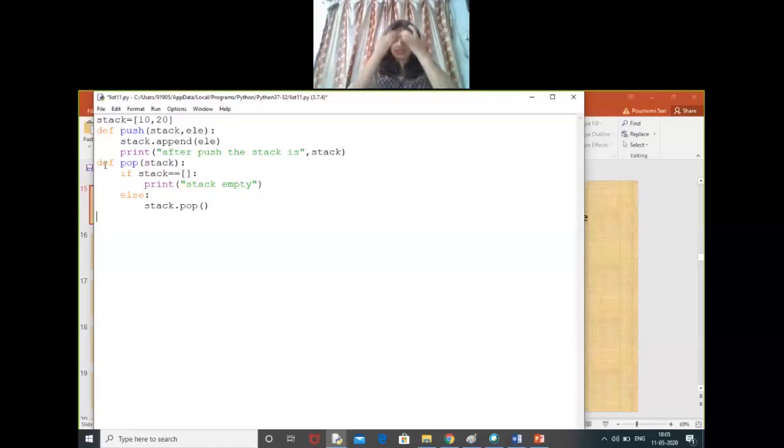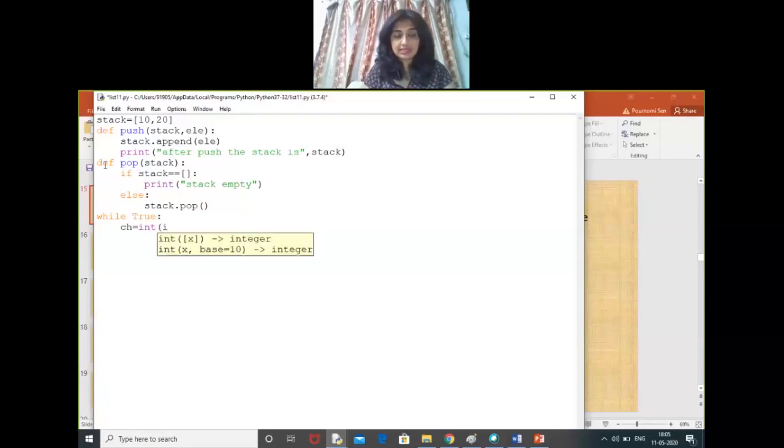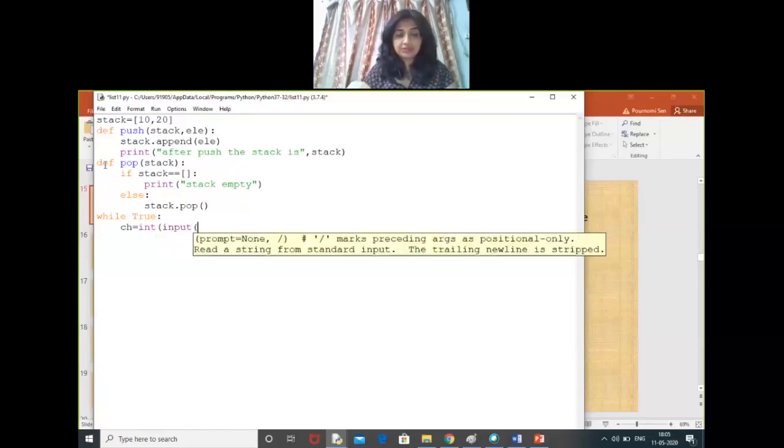Now we'll just write the main function. So here I am using an infinite loop with a choice. We are asking for int input: enter 1 for push, 2 for pop, 3 for exit.